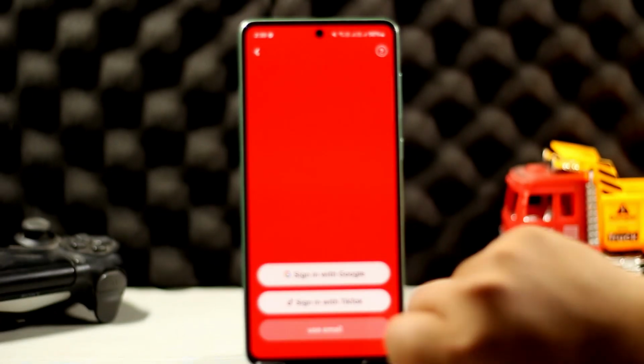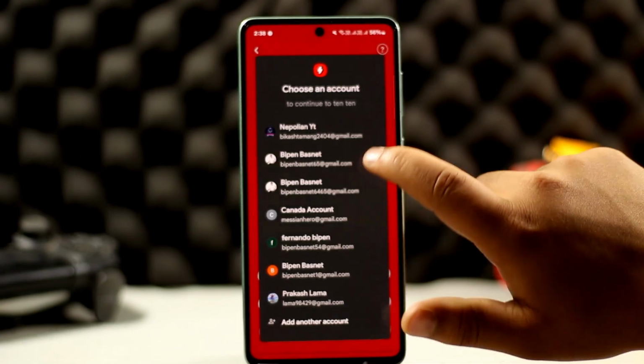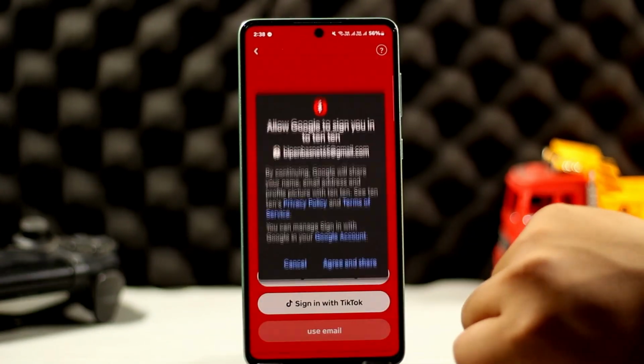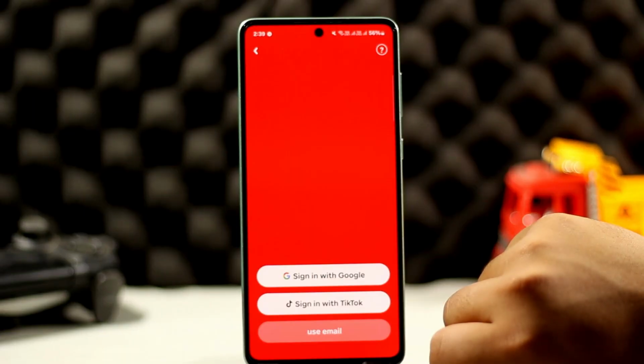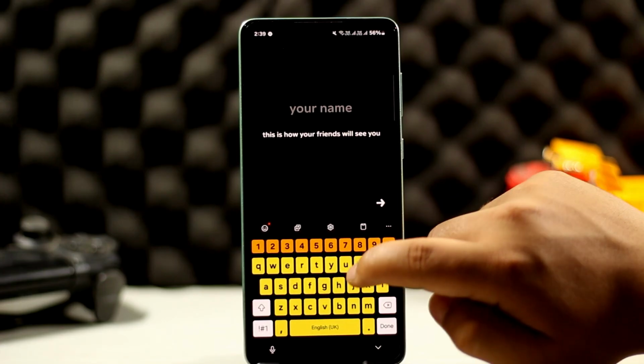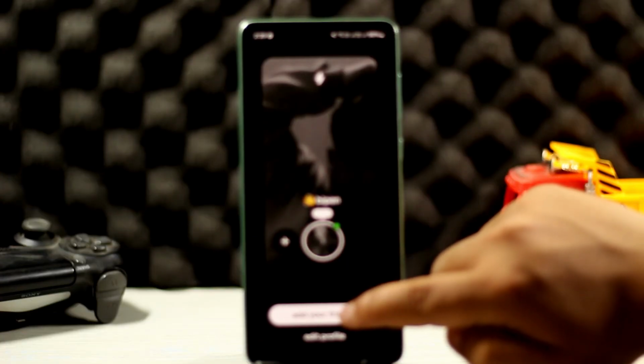So tap on Let's Go and choose how old you are. So once you choose, tap on continue and you can choose whether to log in with TikTok or log in with your particular Google account. I'll choose Google account here now and agree, and you can do so similarly and you can easily log in. So you can add a profile picture here, then add your name,